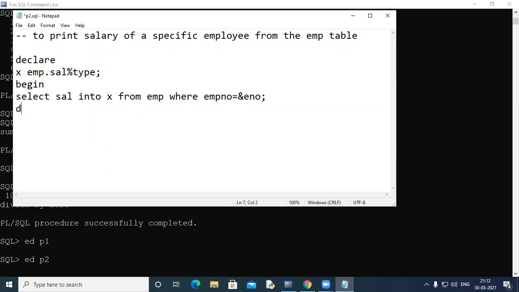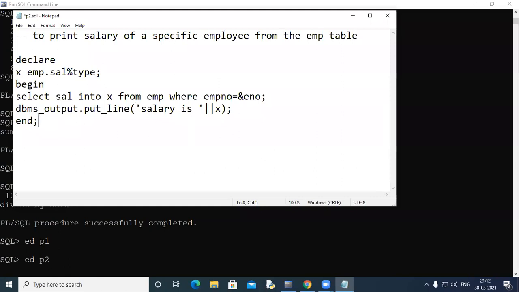Then maybe I can print this salary. Today's lecture would be a good opportunity for all of you, if you've missed any lectures during the offline classes, this is a review of everything that we do in PLSQL, starting from the anonymous block. So I'll write here salary is, and then I can use a pipe and write x, and then an end here. This is the first part, to print salary of a specific employee from the emp table. Remember your select into statement.